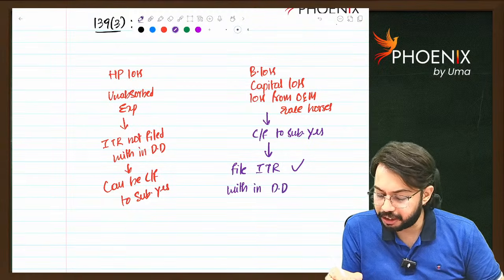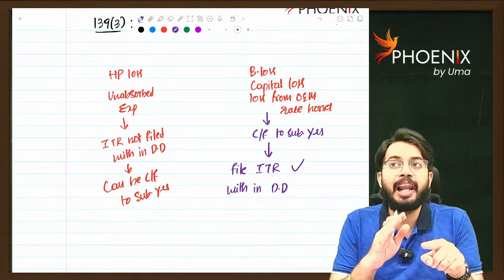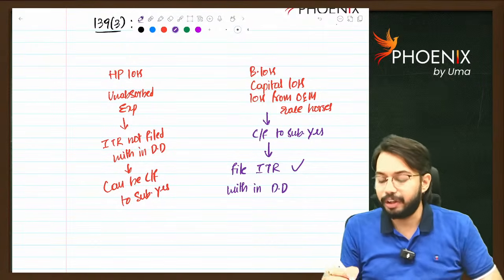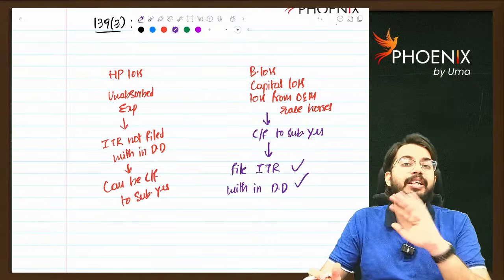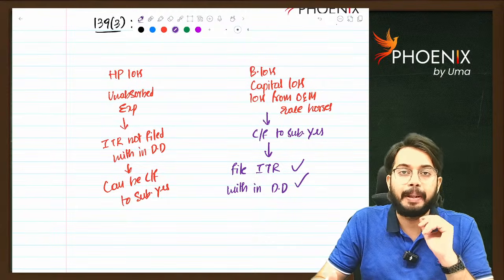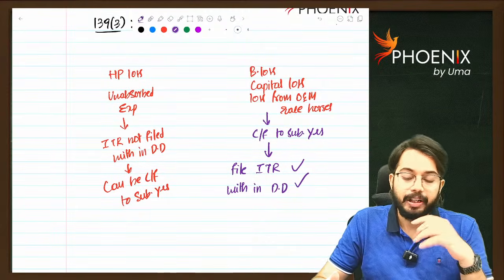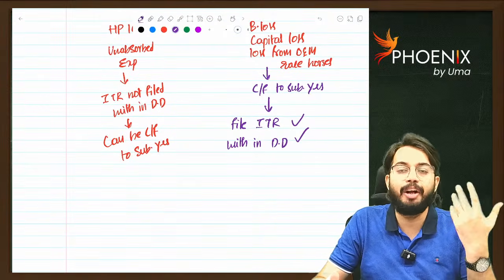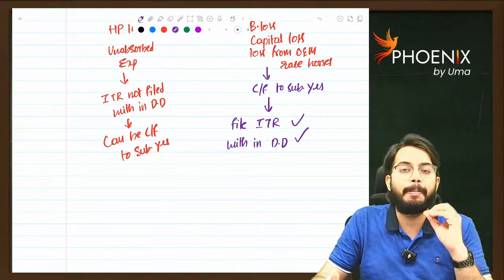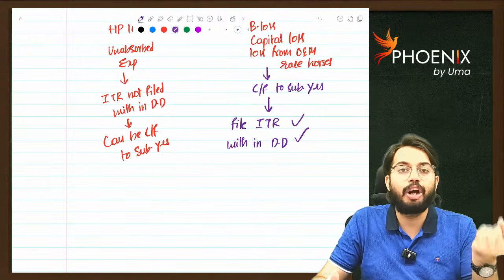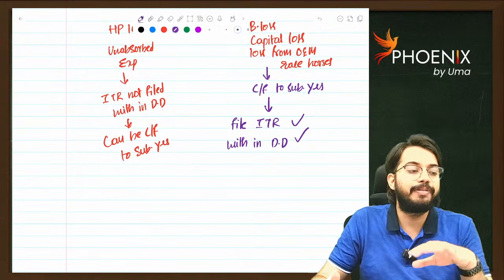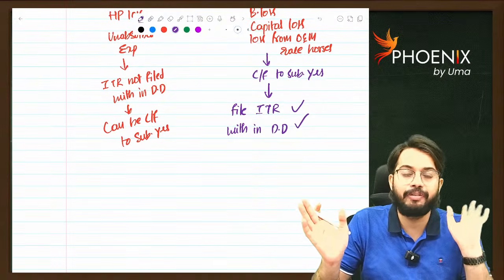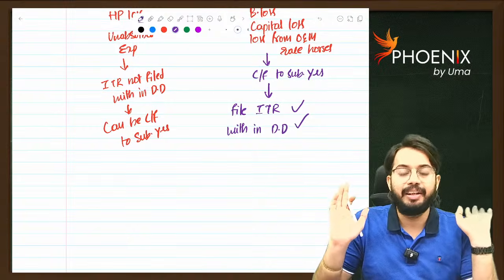See, two conditions. You should file ITR. You cannot file ITR after the due date. Only if you file ITR within the due date can you carry forward these losses. Otherwise, you cannot carry forward these losses to subsequent years. Are you able to understand? So whatever the losses, business losses, that can be speculative, specified, non-specified, non-speculative, any type of business loss, capital loss, that can be long-term capital loss or short-term capital loss, or loss from owning and maintaining race horses, if you want to carry forward these losses, mandatorily you are required to file ITR, that too within the due date.